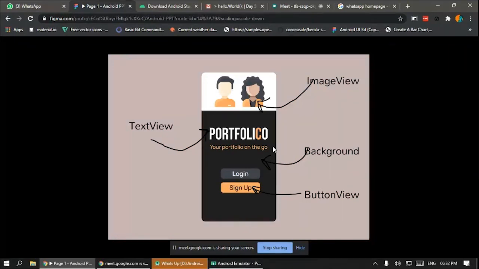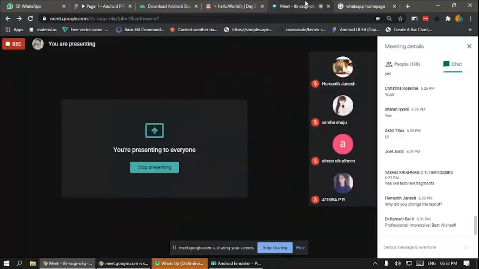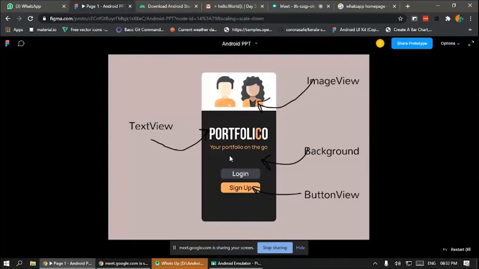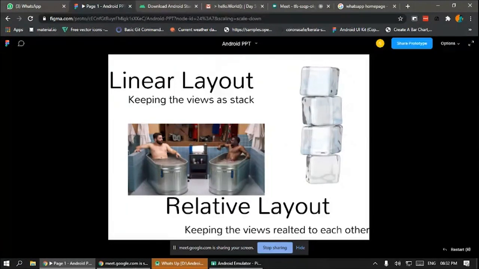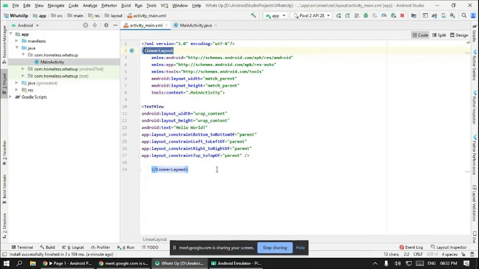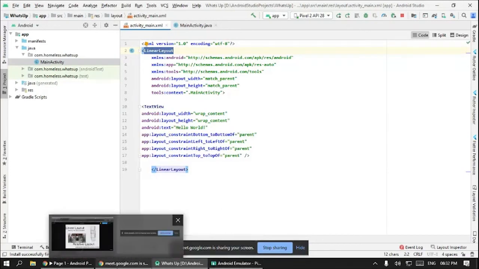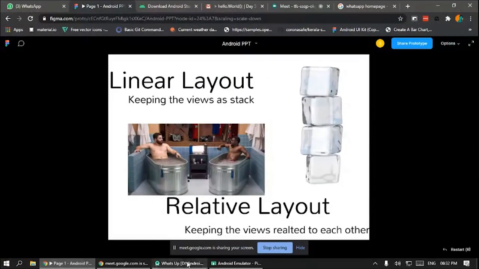Like there is a button view, there is another button view, there is a text view, there is an image view at the top. How will we include them all? If our parent is from China, it can only have one child. So we need view groups. As you saw when I coded, I changed this to linear layout. So there are view groups like linear layout, relative layout, constraint layout, which I removed because I am not familiar with constraint layout. Let me explain what linear layout and relative layout are.